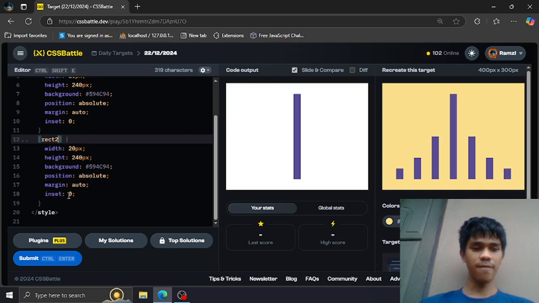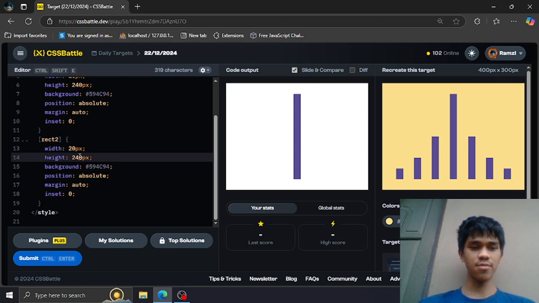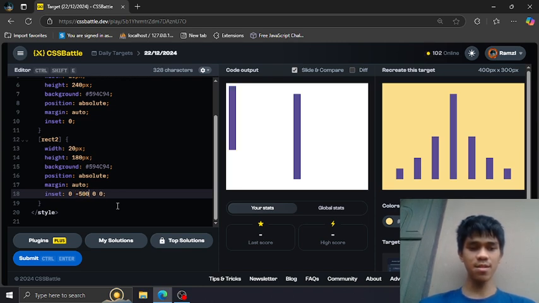And yeah, from here, let's reduce the height, 180, and move this to the left side by putting negative value on the second parameter, negative 50 pixel.